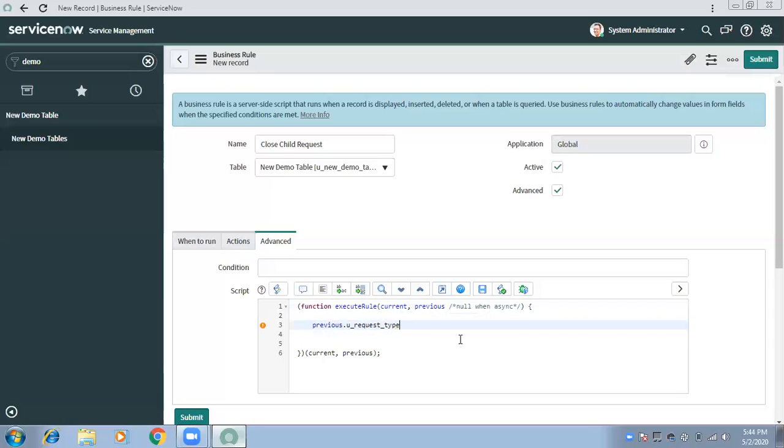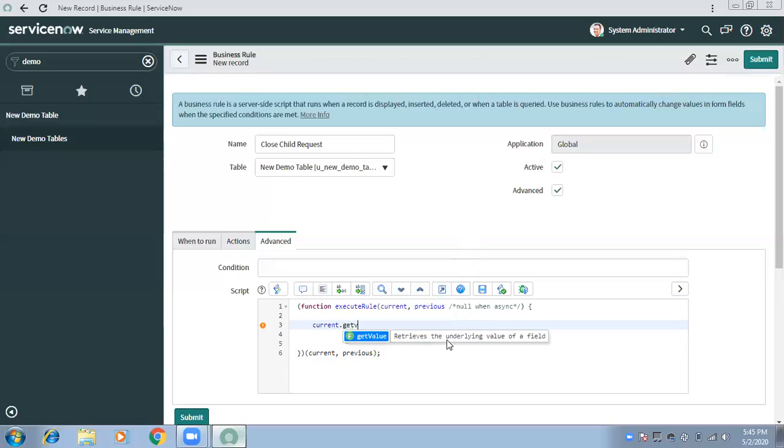So current is the value currently available, and previous is the previous value of that particular field. And request type is a field. In a client script, you need to use g_form.getValue and setValue. Here on the server, you can just directly use current dot the field name, and it will give you the value.